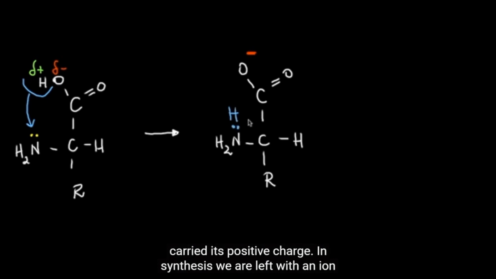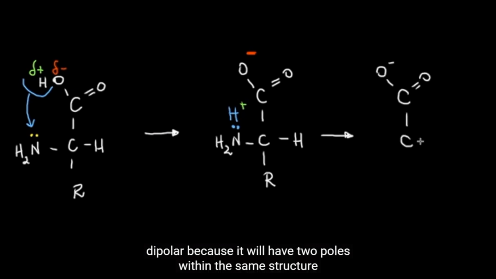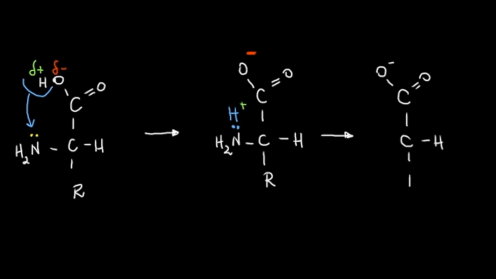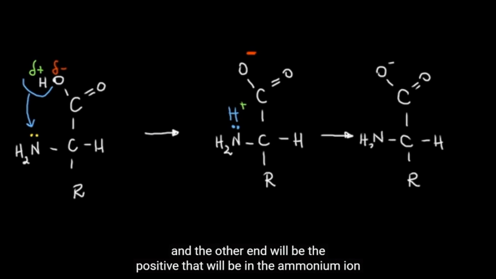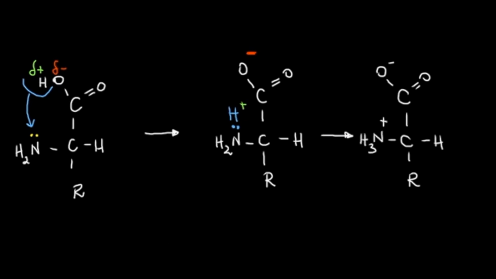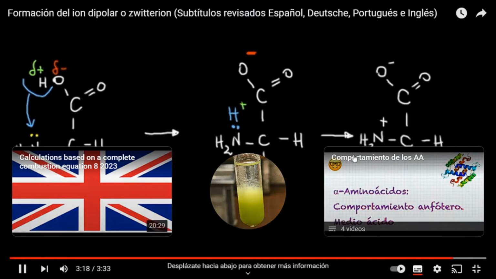In synthesis we are left with a dipolar ion because it will have two poles within the same structure, where one end is the negative end of the carboxylate ion and the other end will be the positive one that will be in the ammonium ion. This ion thus formed is called a dipolar ion, or also